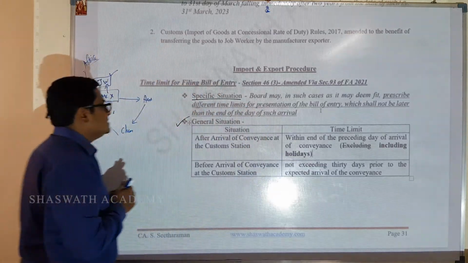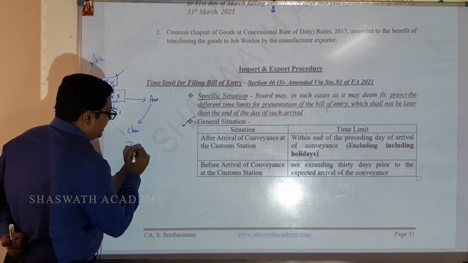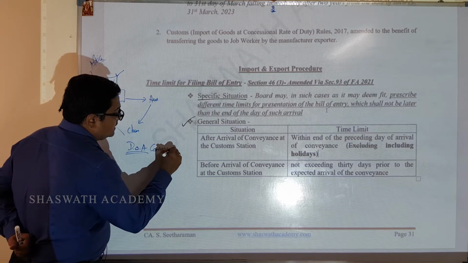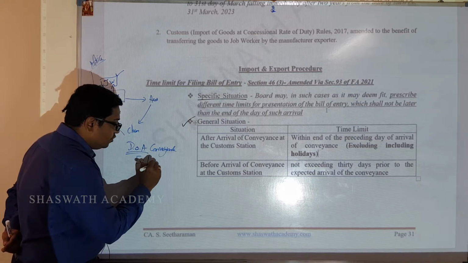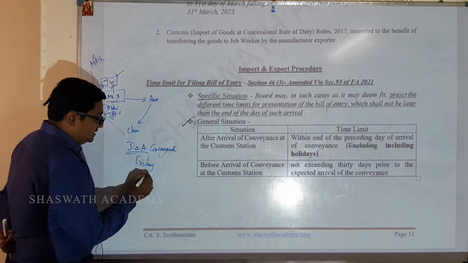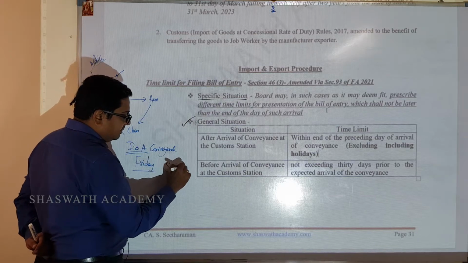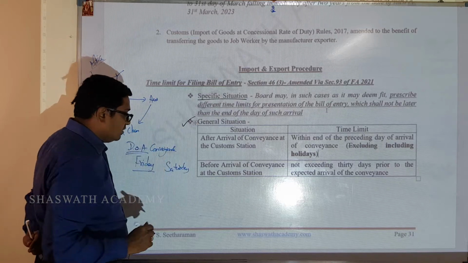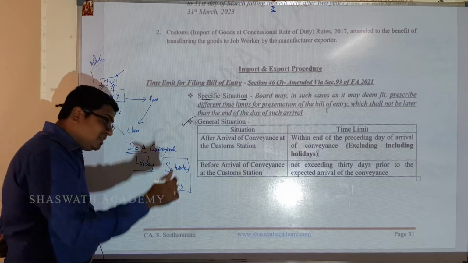For example, one consignment is coming, and the ship has arrived. Let us understand the date of arrival of conveyance. Let us understand, it is falling on Friday. And you all know government offices are not working on Saturday and Sunday, and this is the date of arrival. That means within 1 day, by the end of that day, I have to clear it on Saturday. So previously holidays were excluded, so Saturday and Sunday were excluded, and the assessee previously had Monday